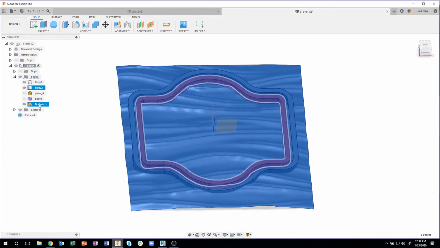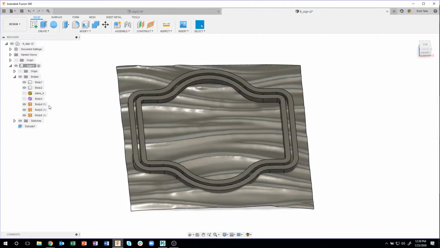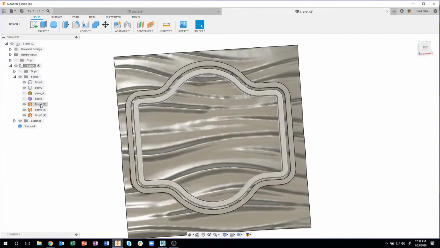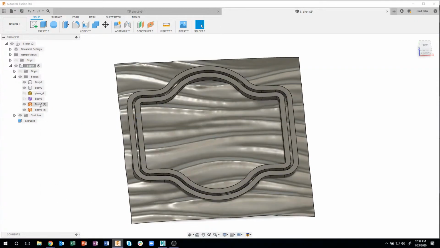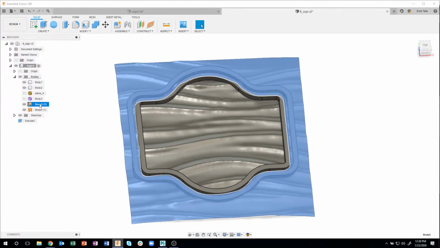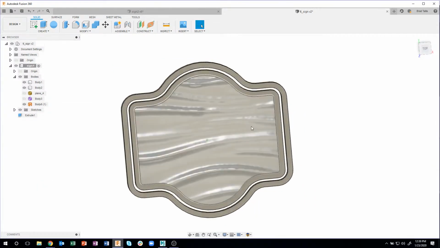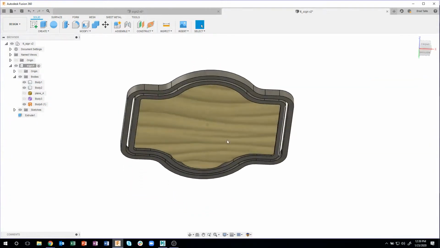And watch what happens over here. It's going to take a little bit of time to calculate, but I now have 3 separate bodies. So there's the one that's inside that frame, so I don't need that one. So I'll go ahead and delete that. I also have this outside one. I don't need that guy, so I'll say delete. And now I'm left with that mesh